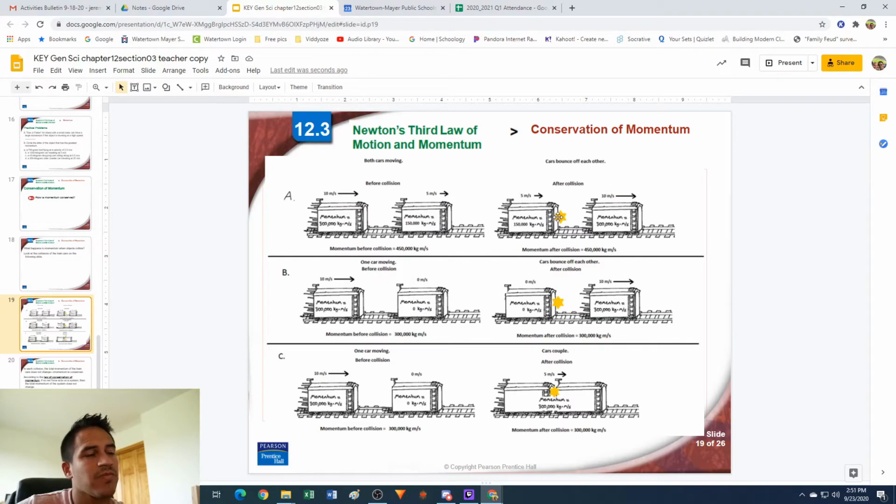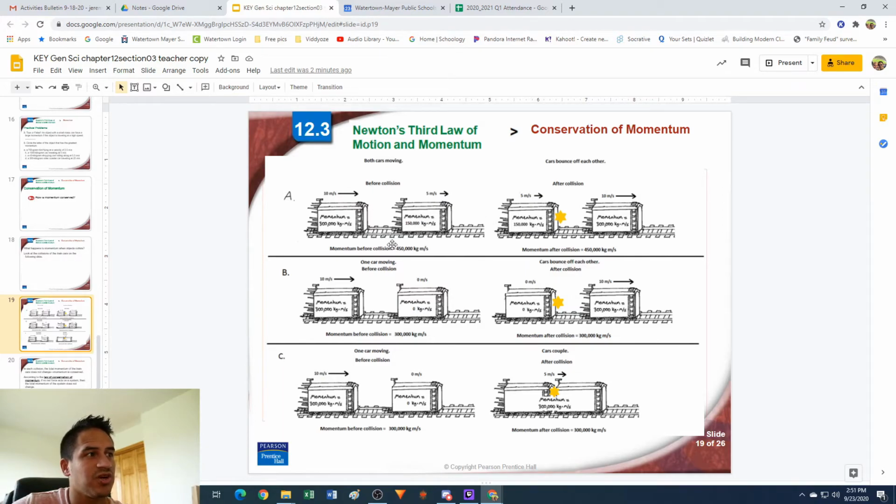It's going to hit it, and the cart that was in front is going to speed away at a faster speed. So it kind of gets a speed boost. And the cart that was in the back is now going to be going at a slower speed. Okay? And we'll notice that the momentum before the collision, this first cart was 300,000, the second cart was 150,000. But after the collision, the second cart has now gained momentum, and it has a momentum of 300,000. And the first cart has lost momentum,